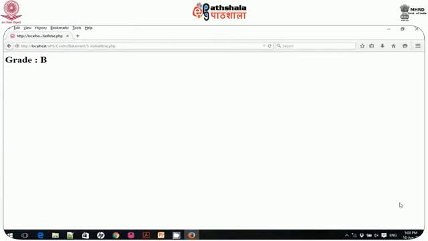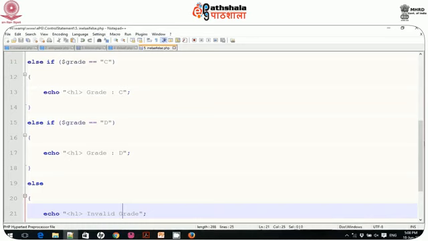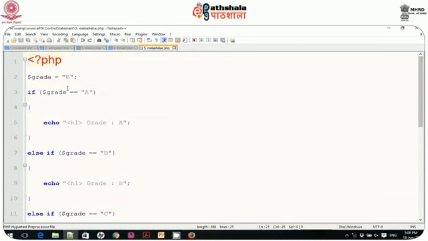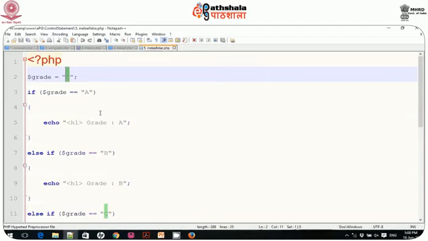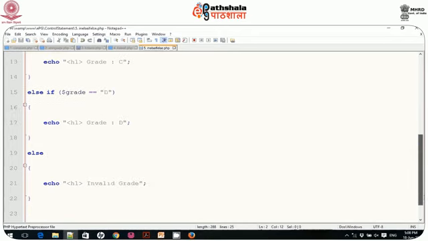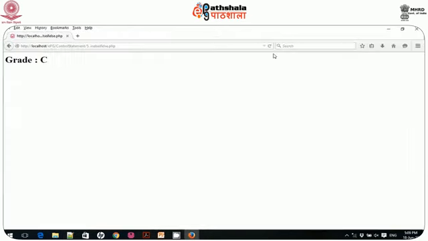Grade is B. If I change from B to C or D, any grade I provide in my if else condition, then it shows grade is C. But if I say grade is Z, there isn't any Z in my if else if, so it will move to the else block and display invalid grade, right?